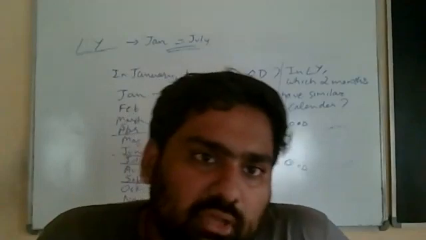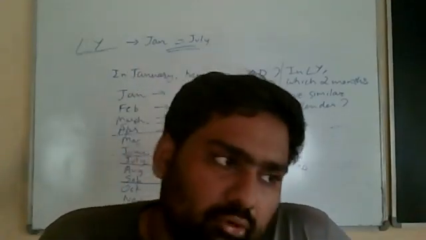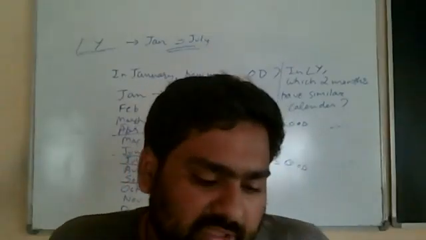Yes, sir. But this time, July has 31 days. January also has 31 days. So now both calendars can look similar. Yes or no? Yes, sir. So January will be looking alike to July in leap year, whereas in ordinary year, it will be January and October. Is it clear right now? Yes, sir.